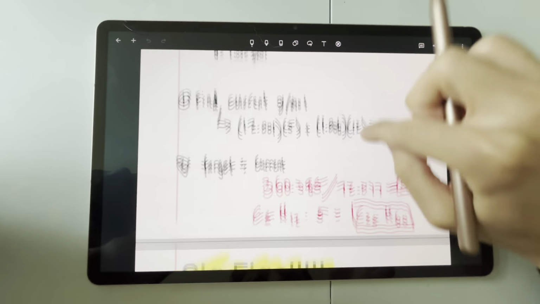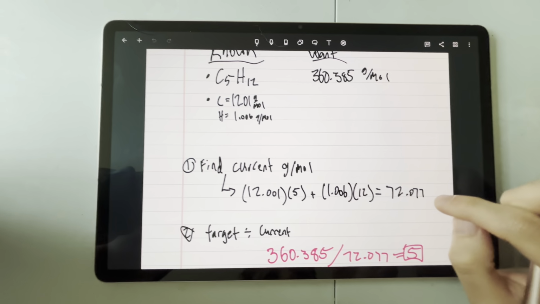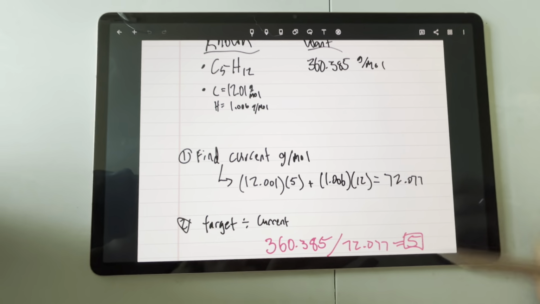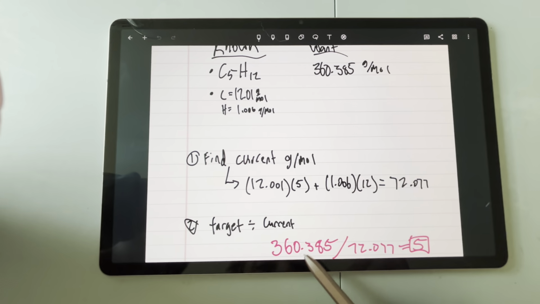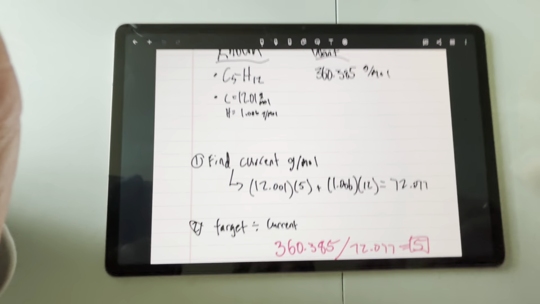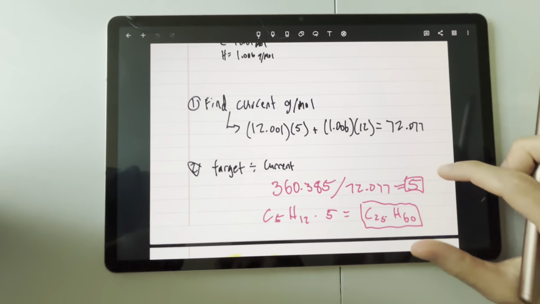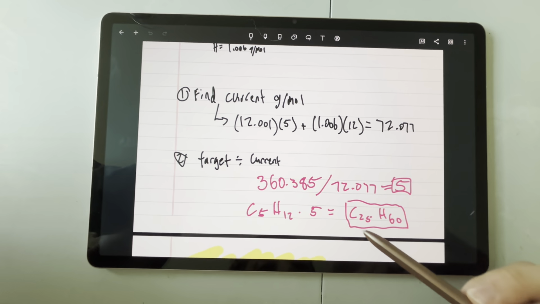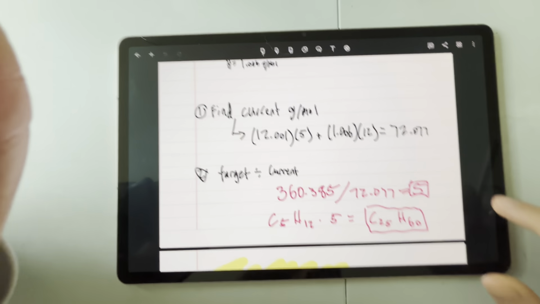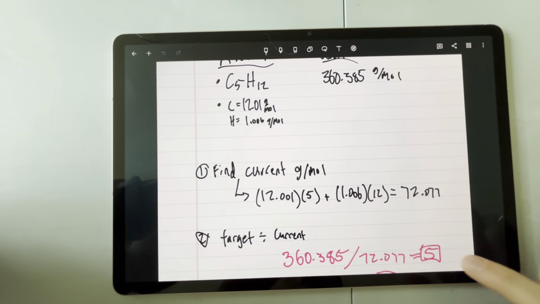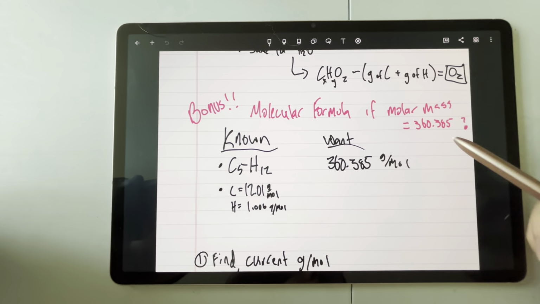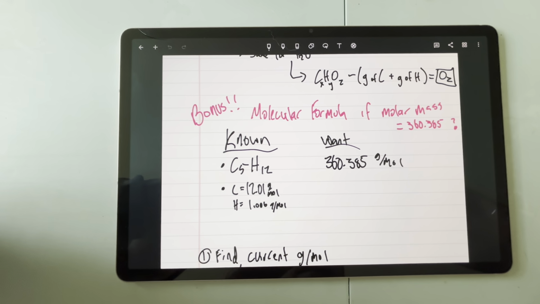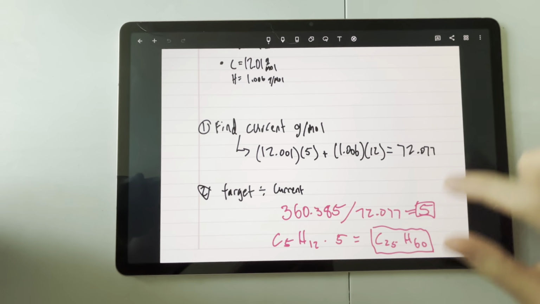So if we want to get to this, and we have this, we need to know what to multiply everything by in order to get that. And that's this magic number right here, okay? So you have your target divided by your current, that's going to give you a 5. Now what do we do with this 5? Well, obviously, you just multiply everything times it. C5H12 times 5, you get C25H60. That would be the molecular formula as opposed to the empirical if the molar mass was 360.365. Now we are going to move into